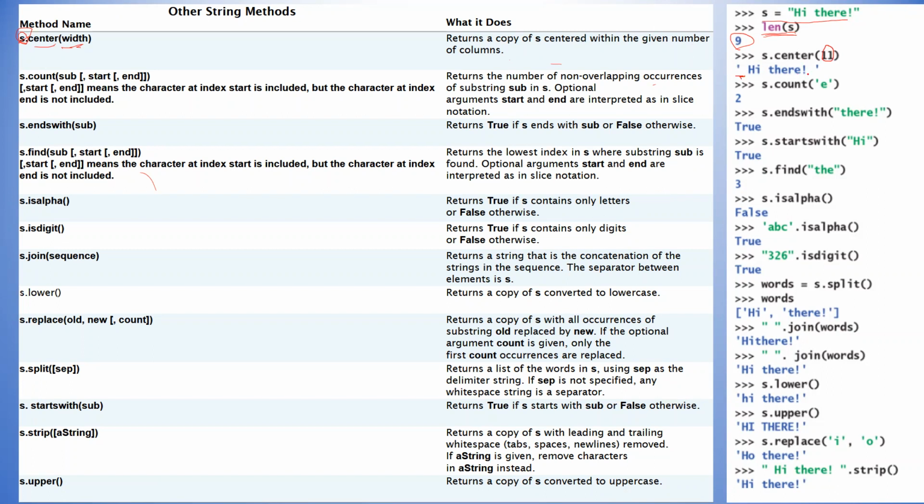So 9 plus 2, that's 11. That's why you have 11. So that's why you call that method, to just know how many characters. So you need to center it. Okay, that's how the center is used. And the count,